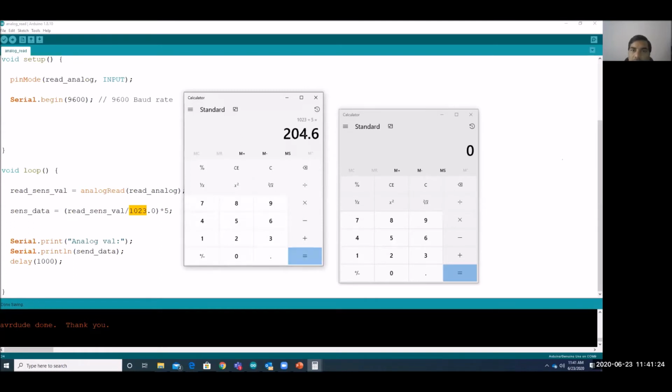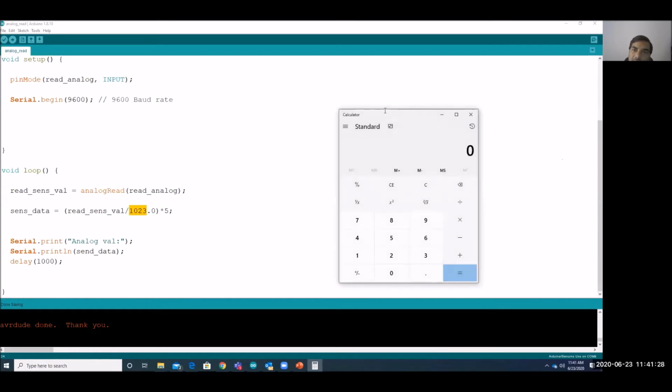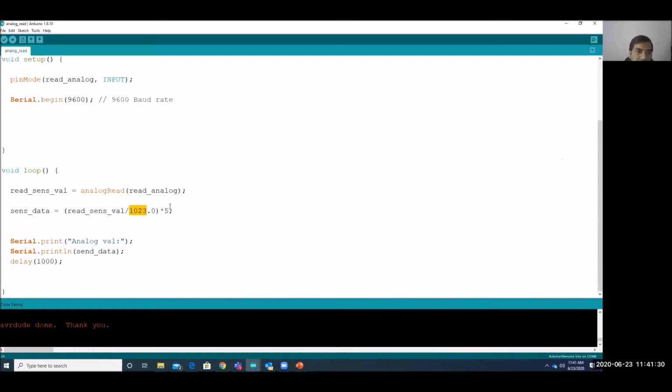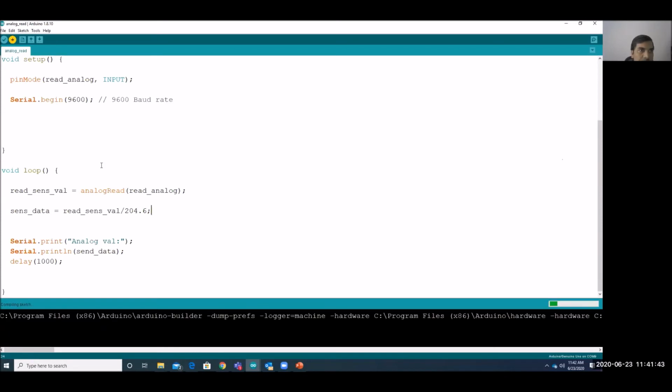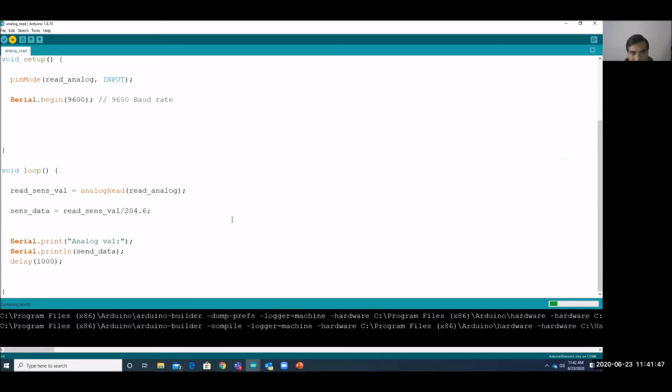Yeah, so if you divide by 204.6, directly you can put in whatever value you are getting from this one, and divide by 204.6. Then also it will come the same. Okay, I got it. Thank you, sir.